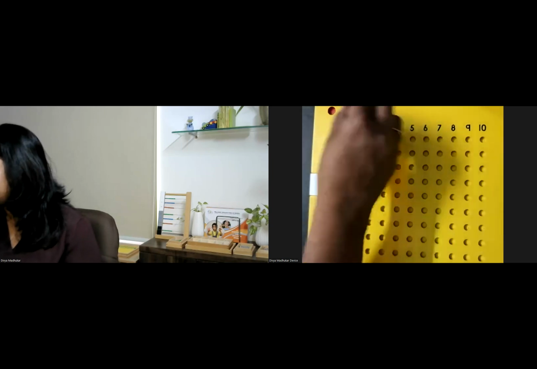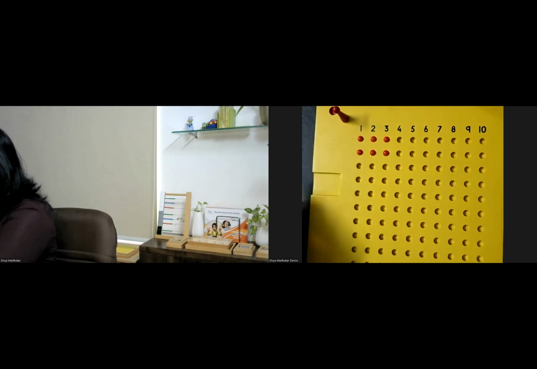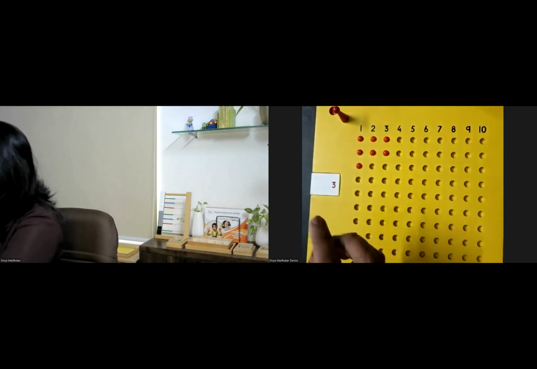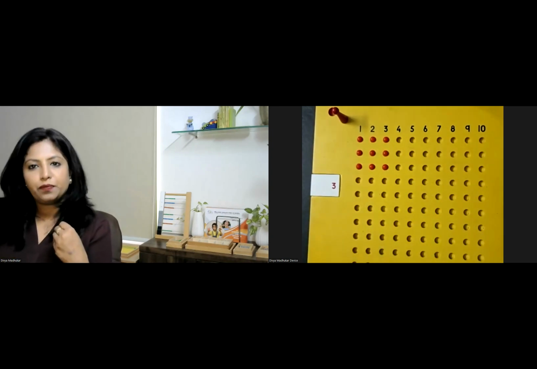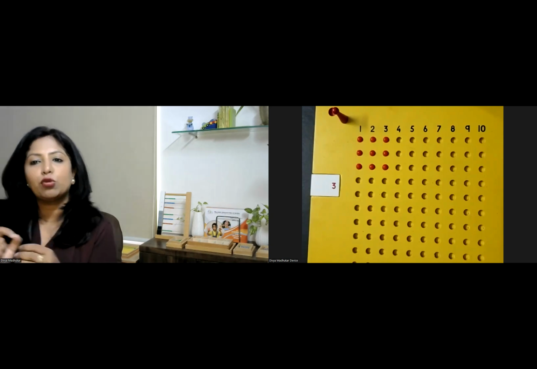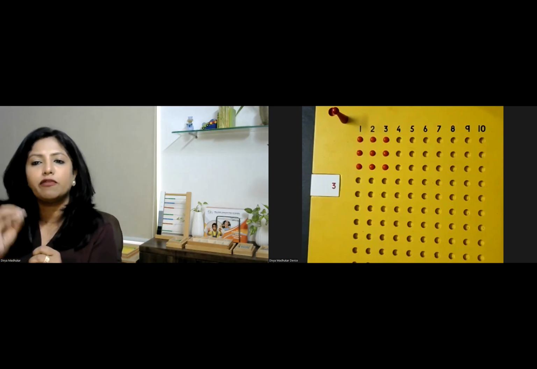Say, for example, in case it is your table of 3. So 3 1 times is 3. 3 2 times is 6. 3 3 times is 9. So you do a table of 3. Likewise, you do the table of 4, the table of 5, the tables of 6, 7, 8, 9, and 10. So you can introduce the multiplication table to children just through the concept of beads.